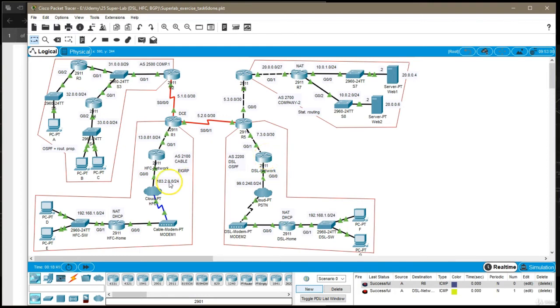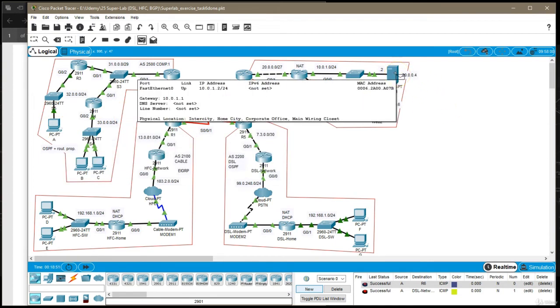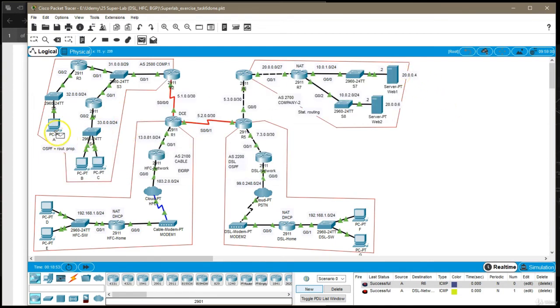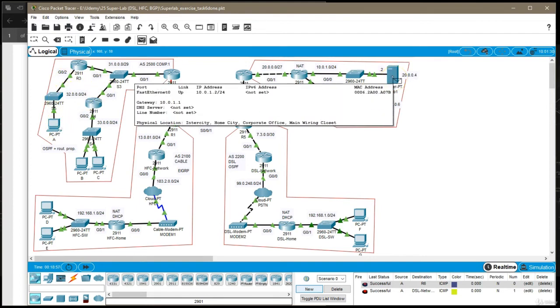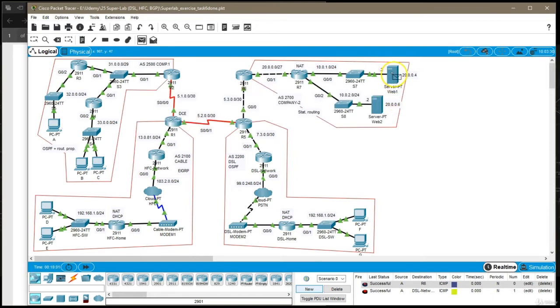Please be aware that you have NAT configured in several places in this topology, so you will not be able to click on PCA and then click on this web server, and that will never be successful, because the source IP will be the public IP address of this PC, but the destination IP will actually be the private IP address of this PC. However, you can ping from this server to this router, for example, because